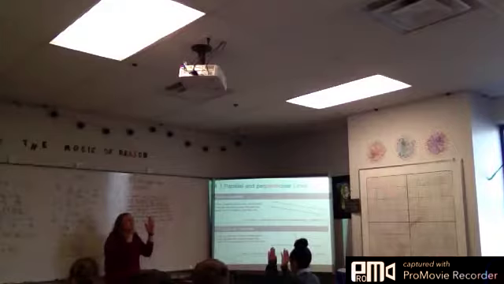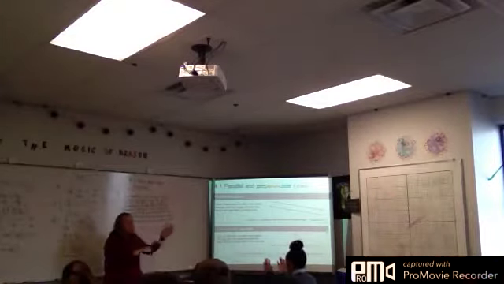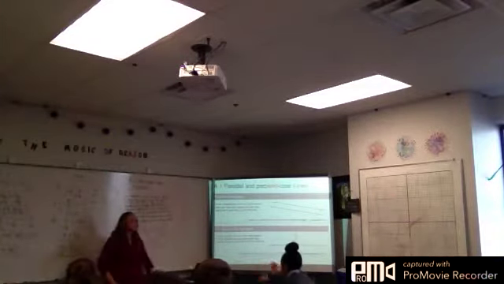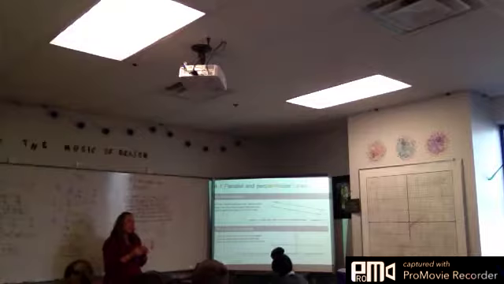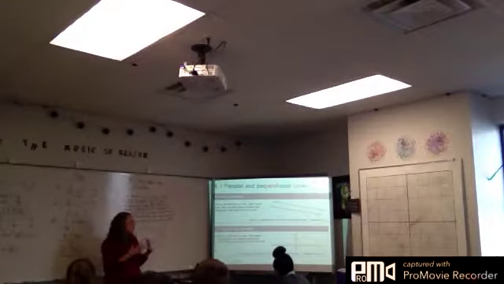Words. I need words. They don't intersect. They never intersect. I also know that their slopes are exactly the same. What do you know about perpendicular lines? They intersect, they create what type of angles? The right angles, okay? So I know that their slopes are opposite reciprocals.